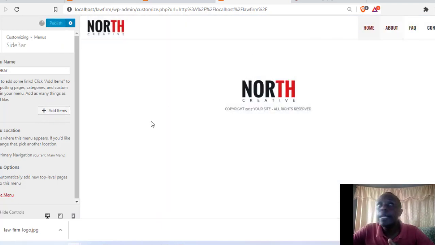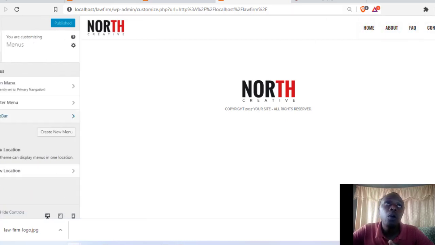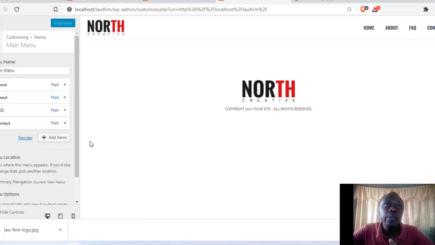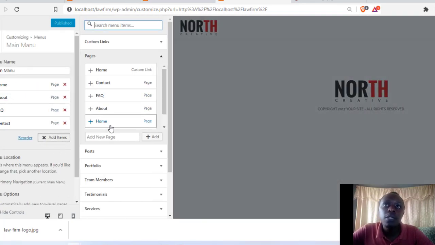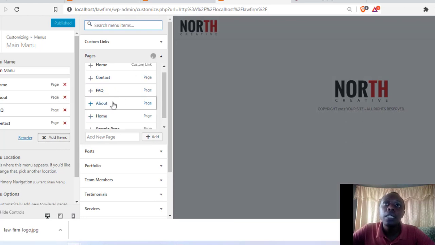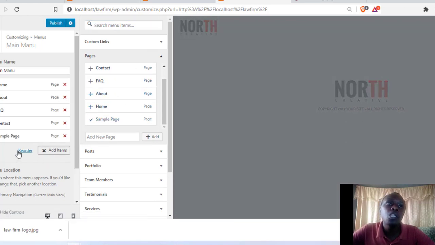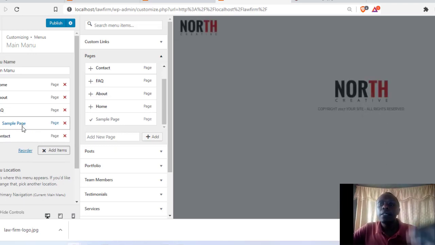So we already have our main menu, which is this menu. If you want to add an item, you can also still add items. Let's add like a sample page, but you want it to be a drop down menu, so you can just add whatever you want to add. So let's say this company has teachers, anything you might think of. It has teachers, students, like that. So you can still just make it as a